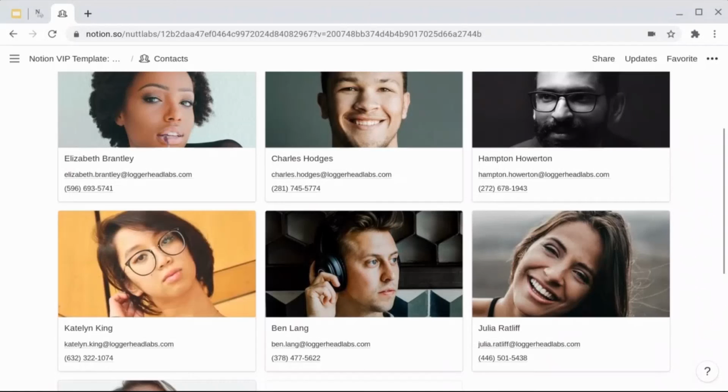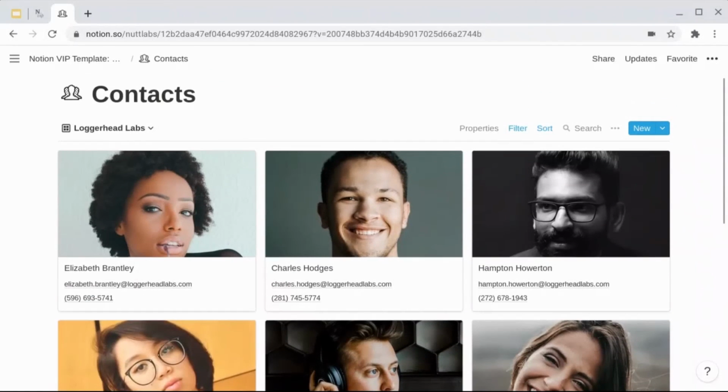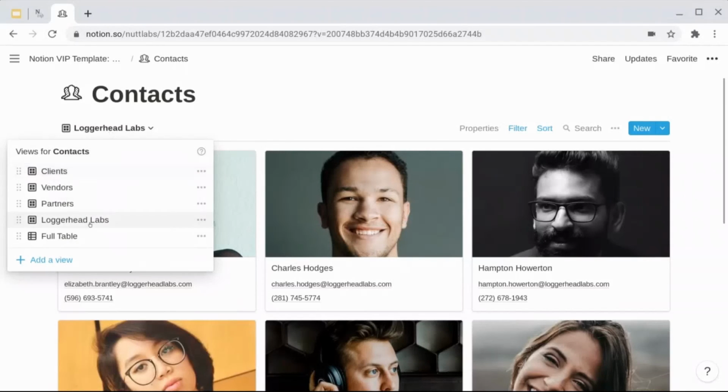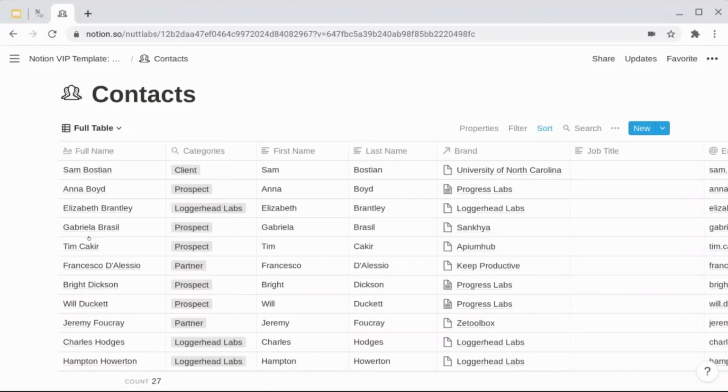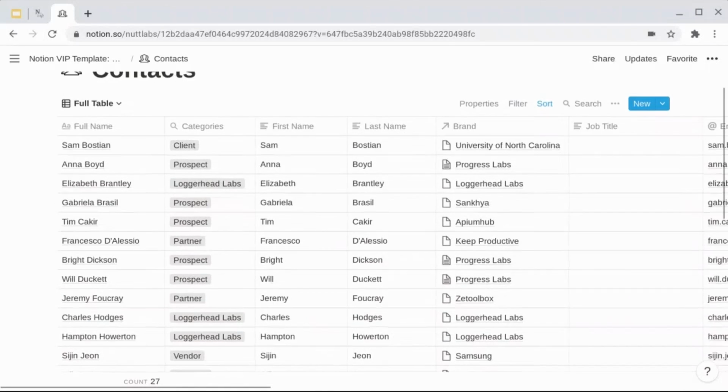So any team that you're working with regularly, you want to add a sense of connection to the team. You want to add a face to all those emails that you're exchanging. This is a great way to do it. And so this gallery also displays the full name of the contact, the email address, and the phone number for quick reference. So just as we saw in all of our other databases, these contacts database